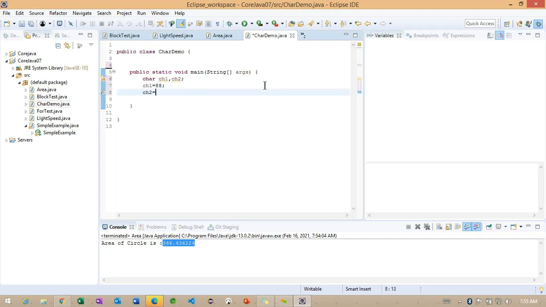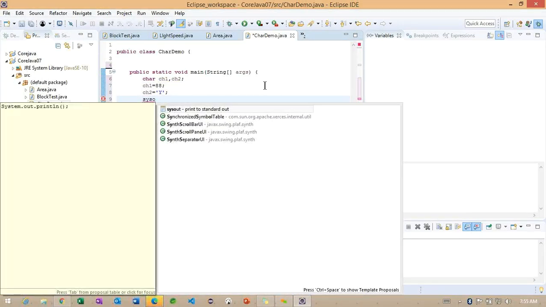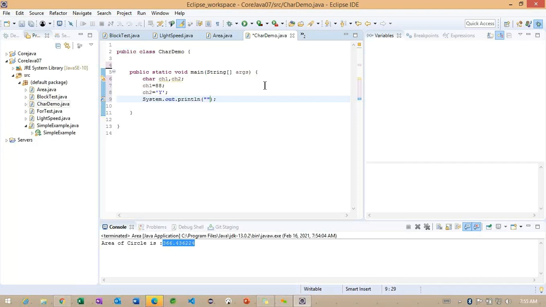And for ch2, carefully observe, I'm specifying y here. So these are the different values here. Now observe here, ch1 to ch2.